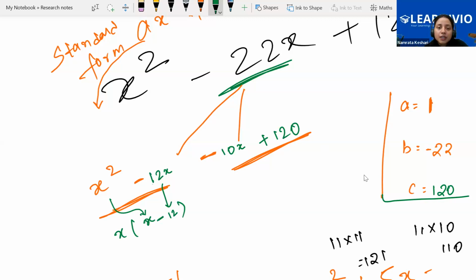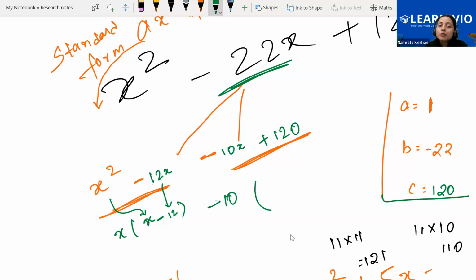What is the common factor from the next two terms? 10 is the common factor, right? Yes, ma'am. Can anyone say whether it is plus 10 or minus 10? It is minus 10, ma'am. It will be minus 10 because